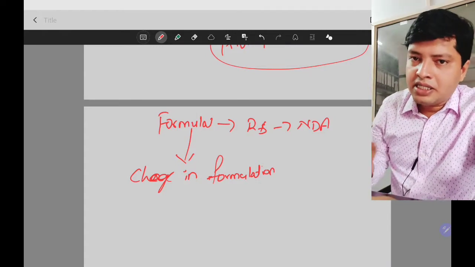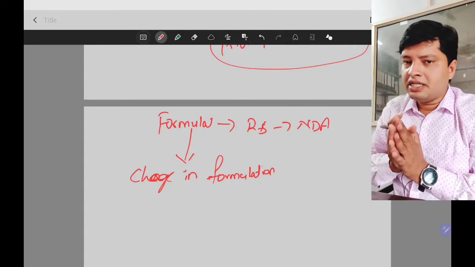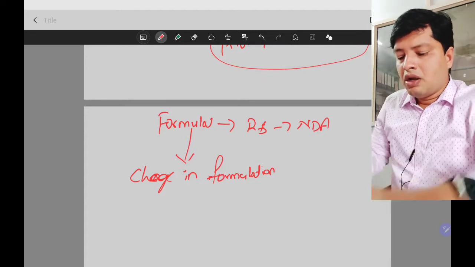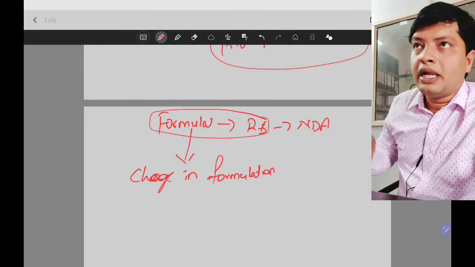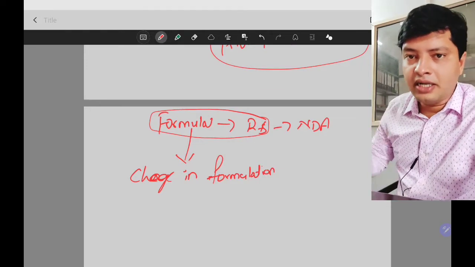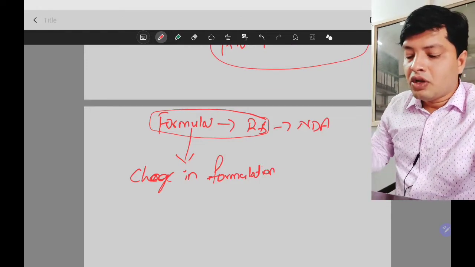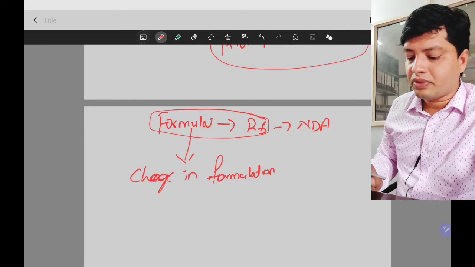By conducting the pilot plant study, you found that okay, there should be some changes done. But your R&D scale formula is already approved in the NDA application. Now you want to change this.